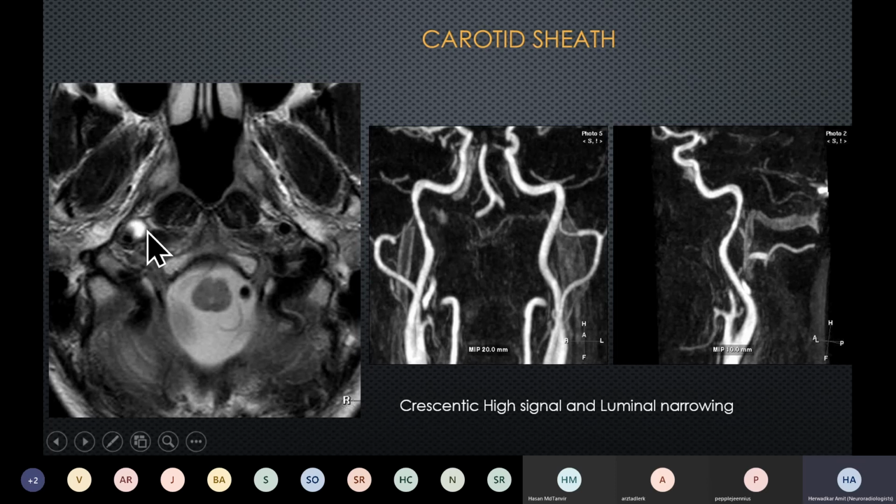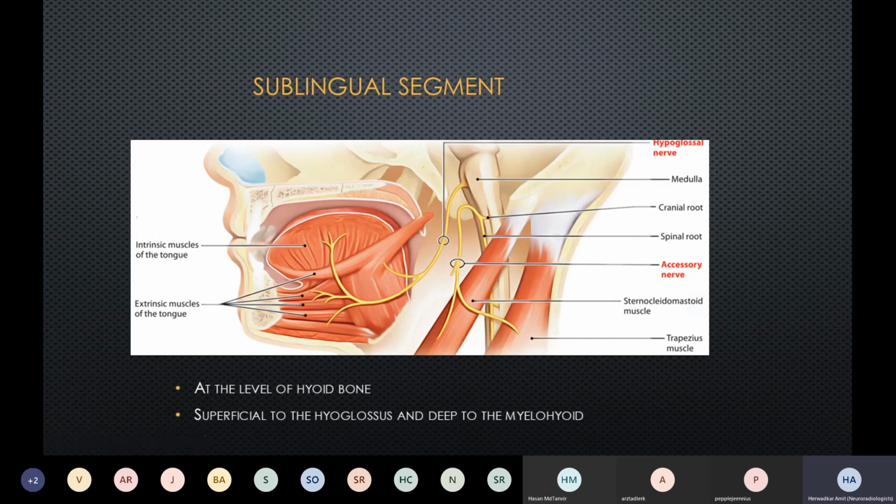And what this dissection does is it causes compression of the hypoglossal nerve, and it is thought to cause compressive ischemia of the hypoglossal nerve, which can cause the hypoglossal palsy, and of course it can result in Horner syndrome as well. The final bit of the hypoglossal nerve, so we have seen how it comes out from the brainstem